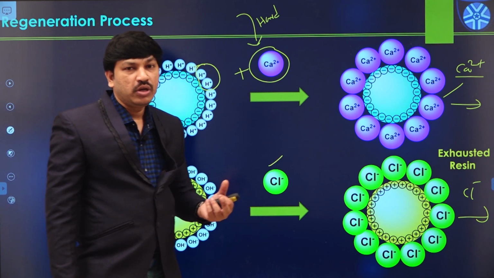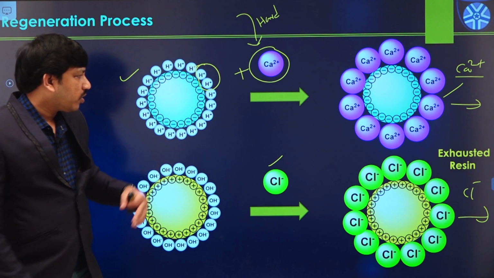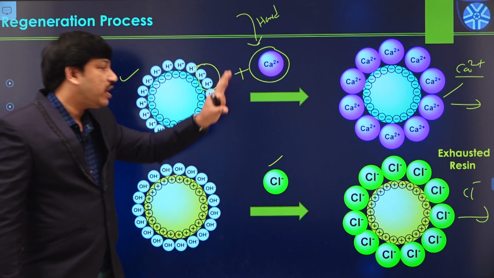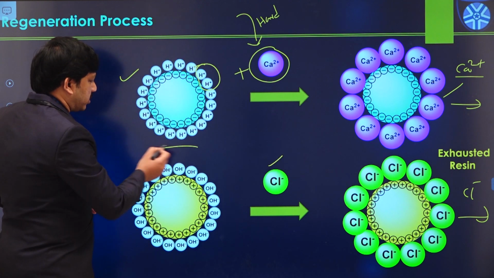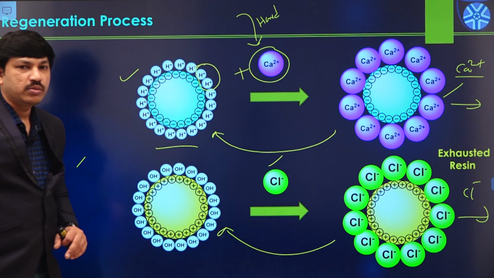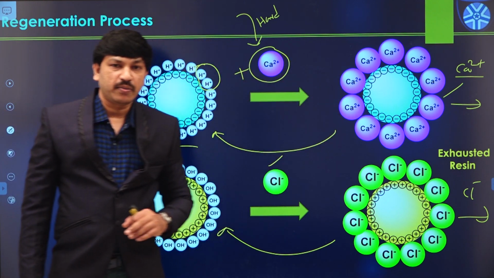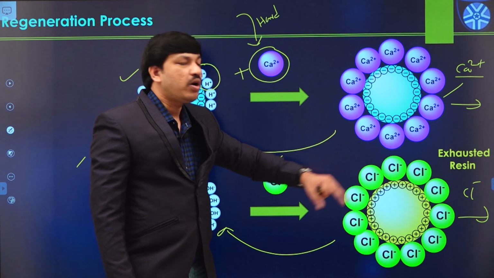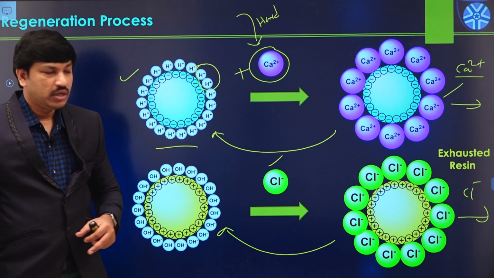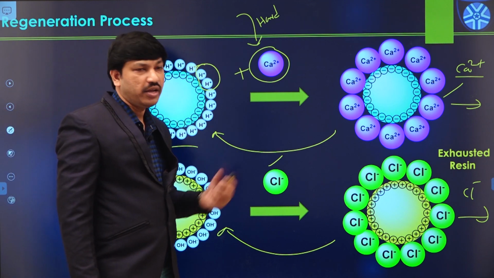So then what do we have to do in order to continue this process, in order to remove cations and anions from the water sample? Again we have to regenerate the corresponding resins. We have to reform these corresponding resins. So how do we regenerate the corresponding resins once they are exhausted? After reaching this stage, how do we regenerate or reform the corresponding pure resin? That means we need some kind of regenerating agent. Always we have to use a regenerating agent.